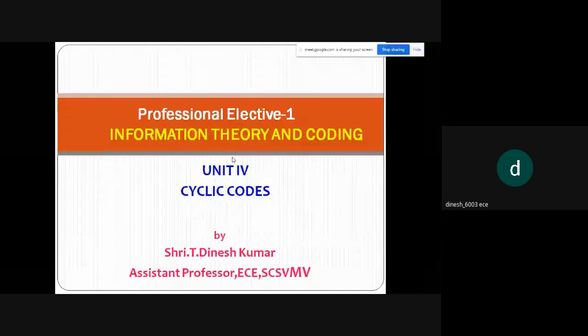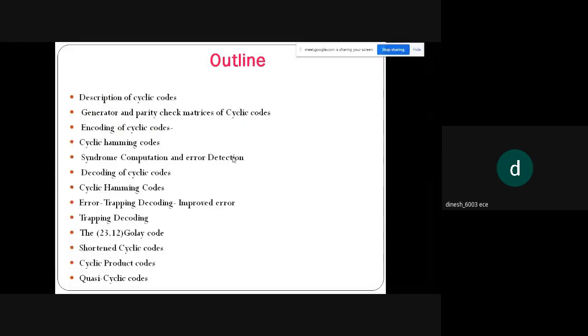The other three units, unit 1, 2, and 3, are a slightly different concept compared to cyclic codes. So first I'll give you highlights of what is there in cyclic codes as per your syllabus. The description of cyclic codes, generator and parity check matrices of cyclic codes,